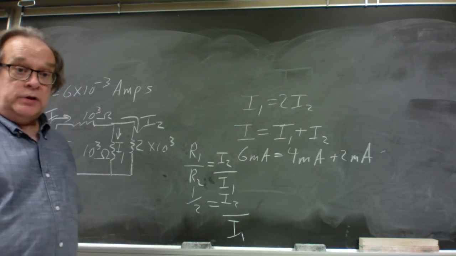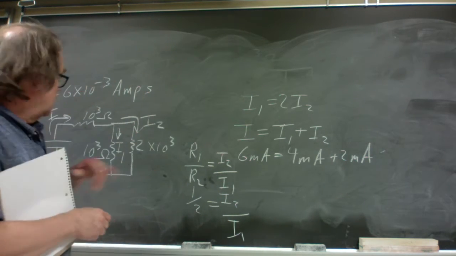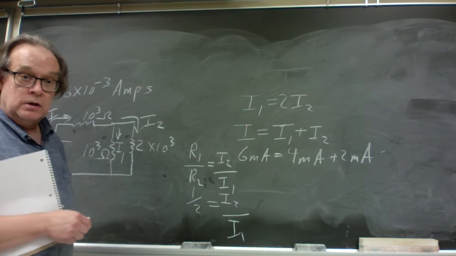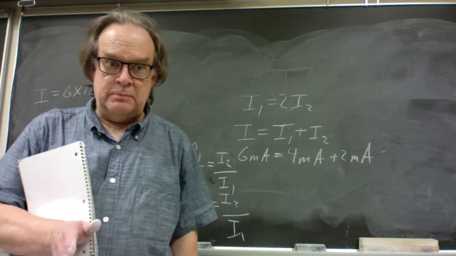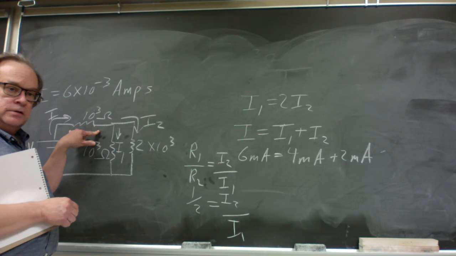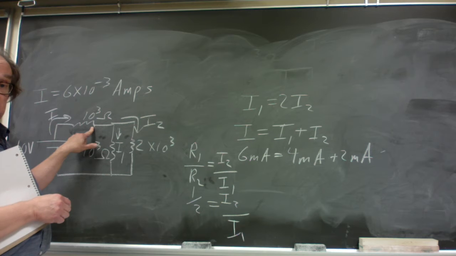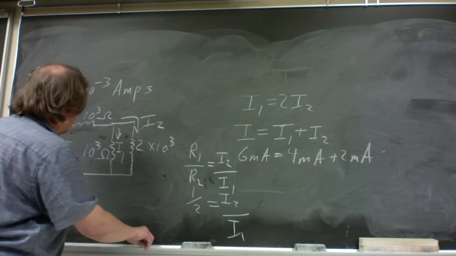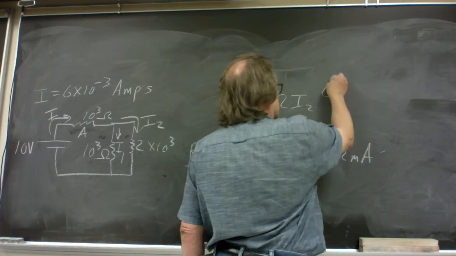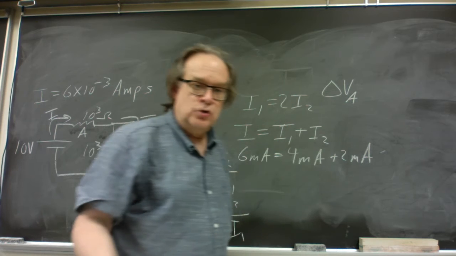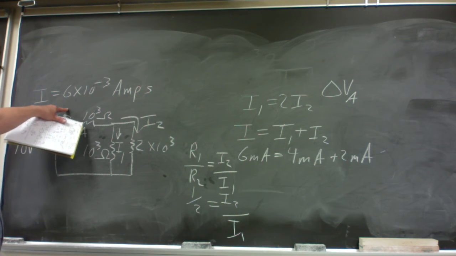And then if we like, we can do the last step and see what exactly the potential difference is between the two ends of each resistance. These two are in parallel, so of course they'll have the same potential difference, and this one will have a different potential difference. We can figure out the potential difference of this one just by using the basic rule. We'll call this resistor A. So the potential difference for resistor A is just current times resistance, I times R. The current passing through A